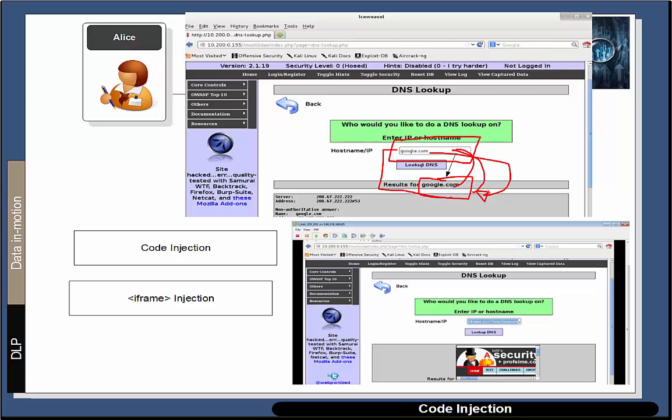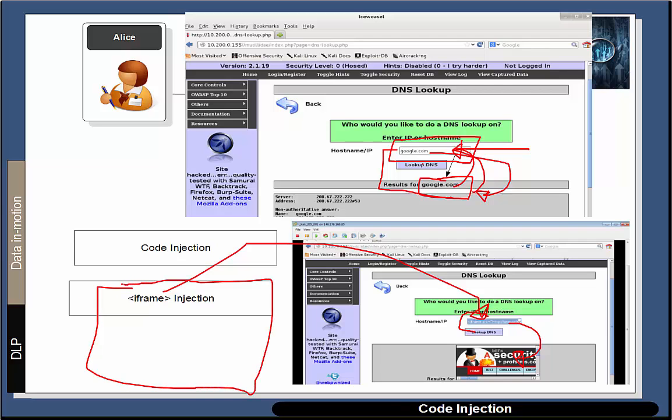So in this case, JavaScript or other scripts can actually be entered into there. And what we have here is what's called an iframe. In this case, I've put an iframe of a securitysite.com, and you'll see what happens is that iframe goes directly into them. So the iframe is a particularly nasty